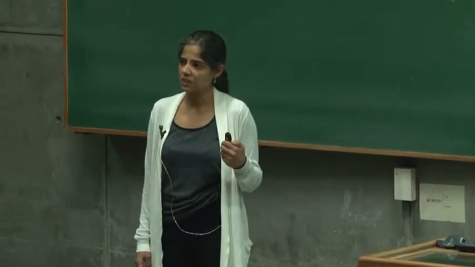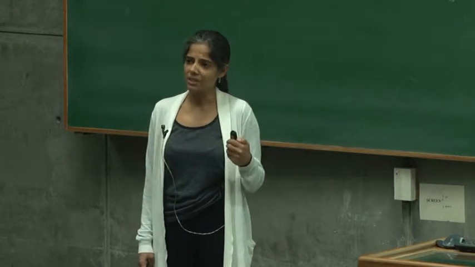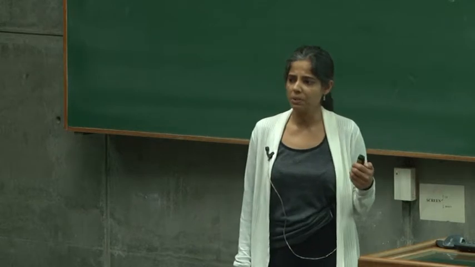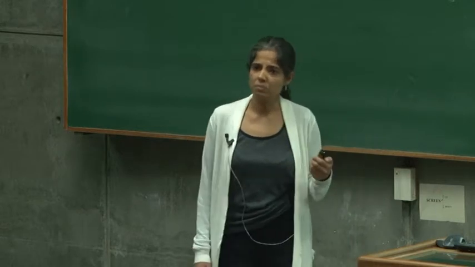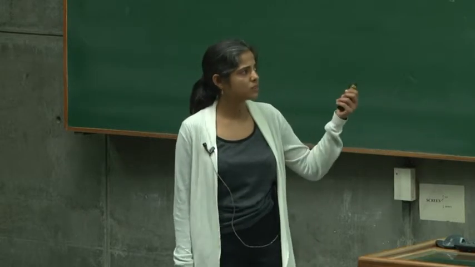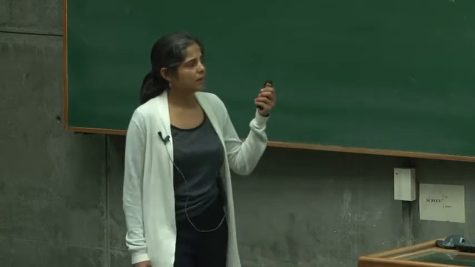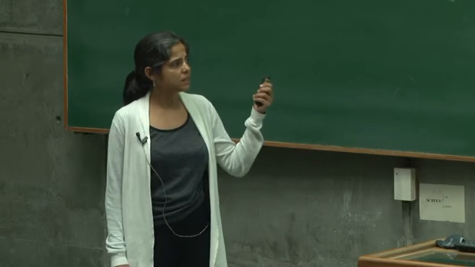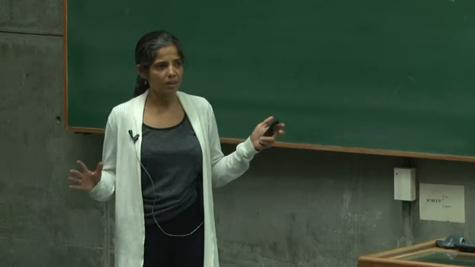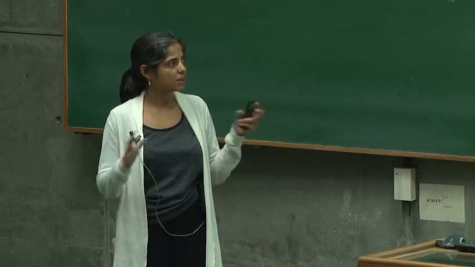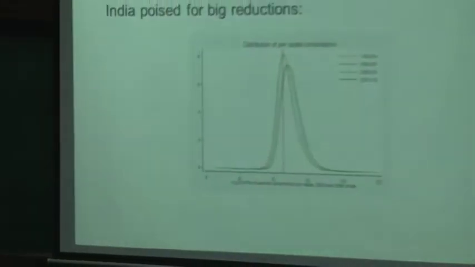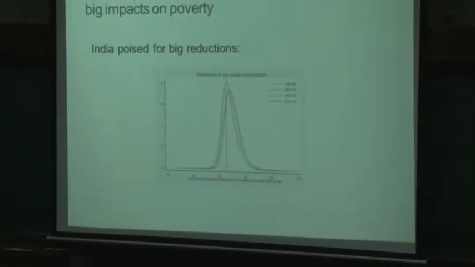But if I play devil's advocate on the PDS story, if you actually look at the size of the transfers, they're tiny. When you actually convert it, the amount that households are being given in rupee terms, it's very small. So then the question is, well, how can it have such a big impact? And I want to show you this graph just to show that we're poised at a time in our current configuration, our current consumption patterns, that very small differences, very small transfers can have big impacts,